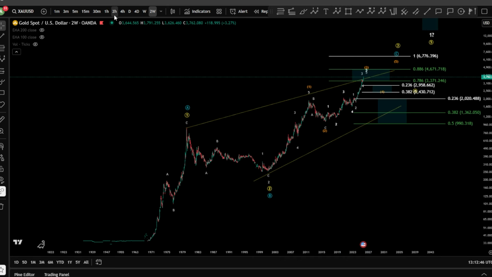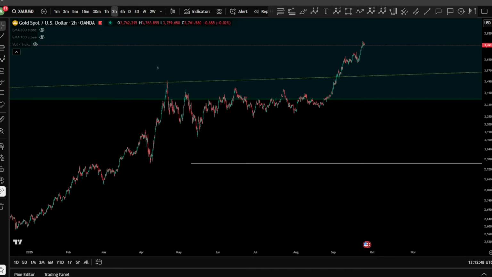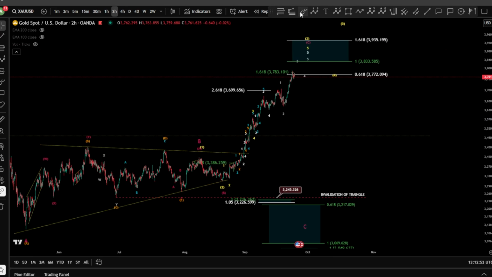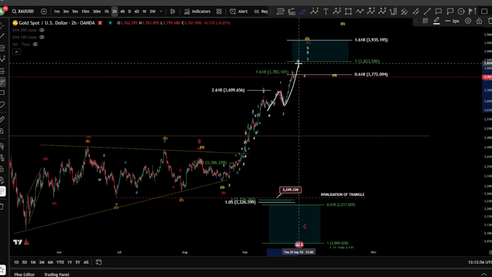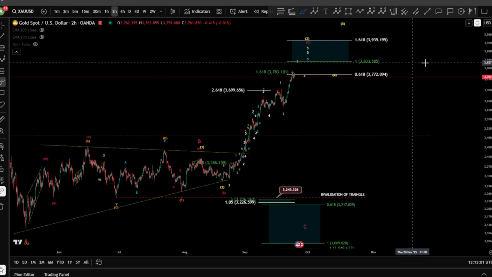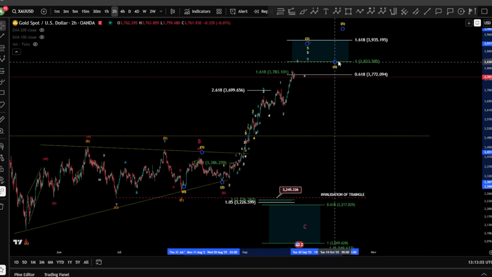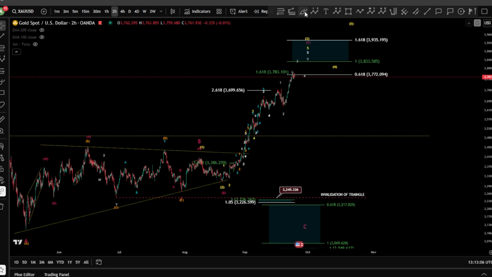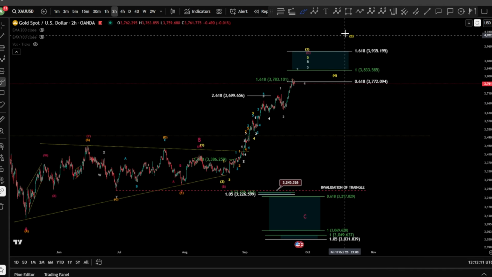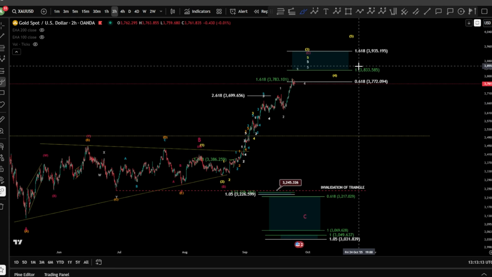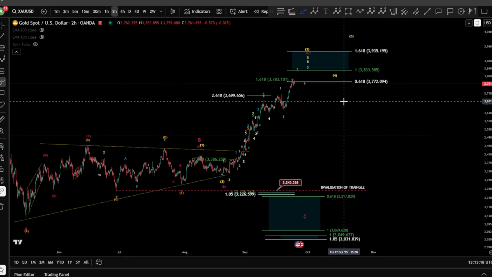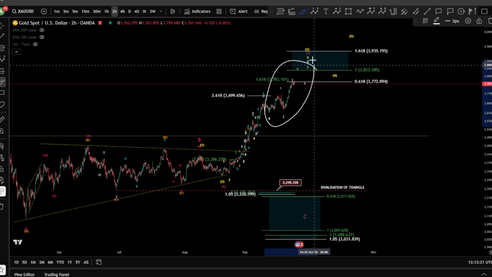I still believe on the micro level, therefore, we're still looking for higher here. I'm still looking to continue this impulse. As you can see, we have a 1, a 2, and then with 3, 4, and a 5. Still, of course, very reachable, 4K 1.618, and might have even an extension wave 4 and a 5 toward the upside, guys. Yeah, so even above 4K. And as mentioned on the daily, 4K 0.6, meaning $4,600 for the gold might be, of course, our next target even. So we're going to watch what's going to happen.